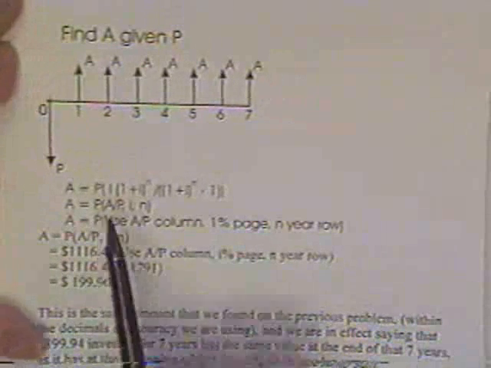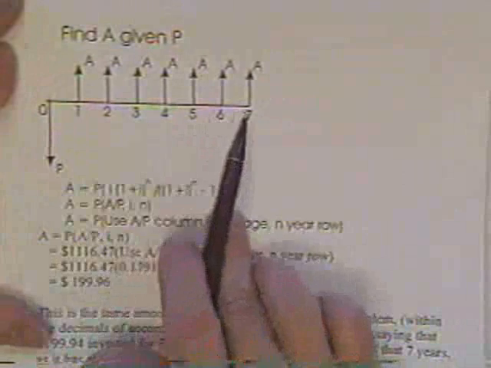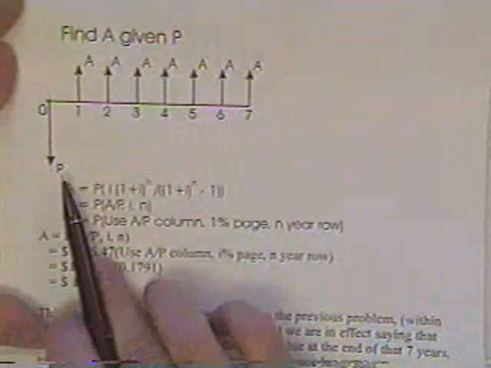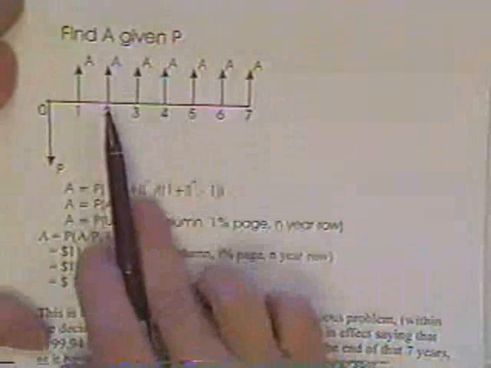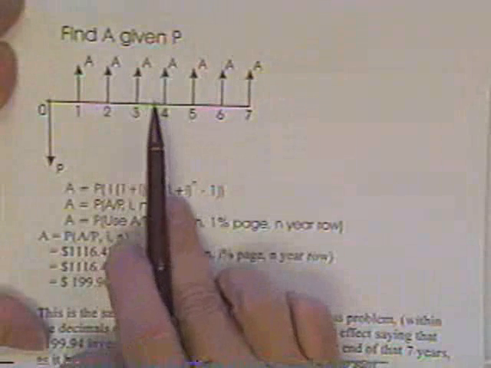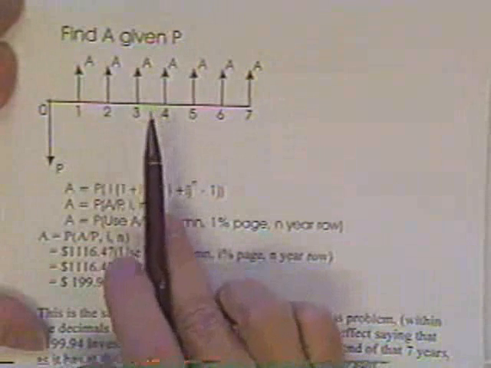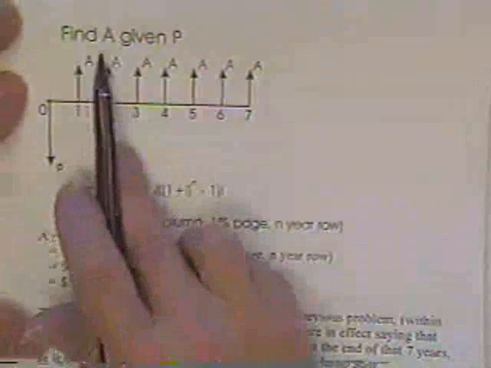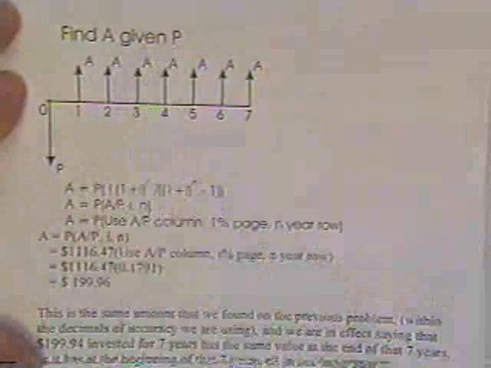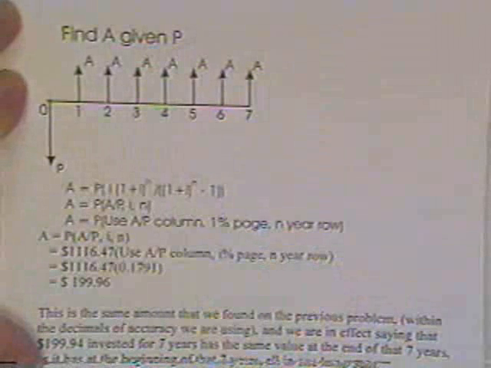This cash flow diagram, instead of having an F on the end now, has a P on the front end. Incidentally, the reason I picked the order of these to present to you is because this is the order they are presented in your reference manual, so you'll be able to just go from the top down. Find A given P. Your book